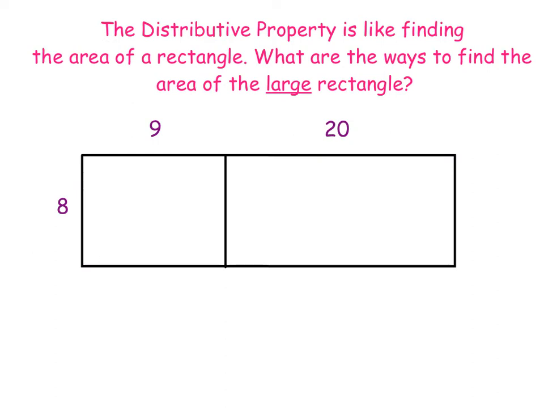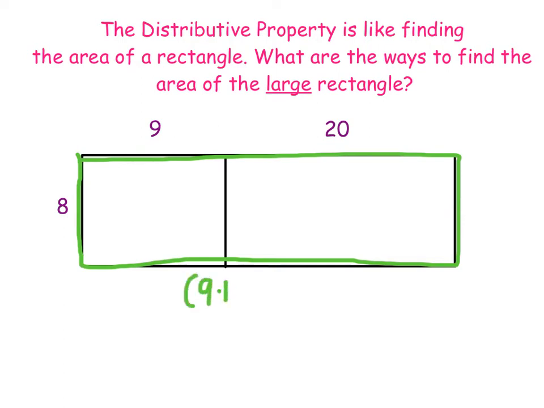One cool way that you can think of the distributive property, it's like finding the area of a rectangle. So if you take a look at this really large rectangle here that we have, the outer edge one, how can you find the area of this rectangle? What's one way to do it? Well, since area is length times width, you could add 9 plus 20 to get the length and then multiply